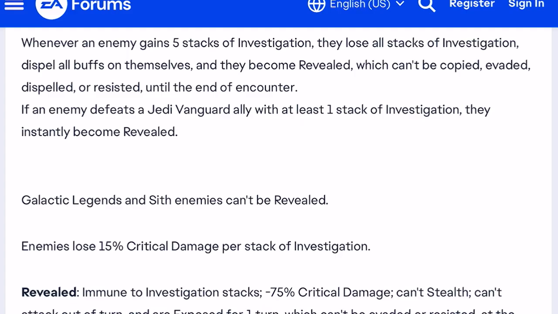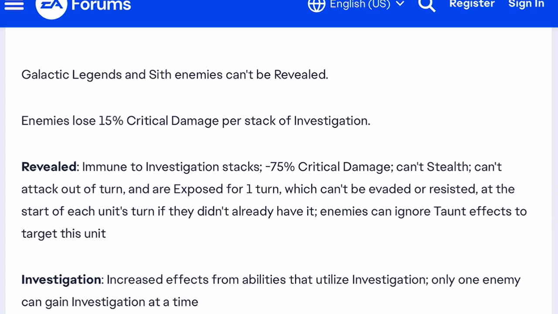Anyways, enemies lose 15% critical damage per stack of investigation. Revealed! They're immune to investigation stacks. They have minus 75% critical damage. They can't go stealth. They can't attack out of turn. And they are exposed for 1 turn, which can't be evaded or resisted at the start of each unit's...